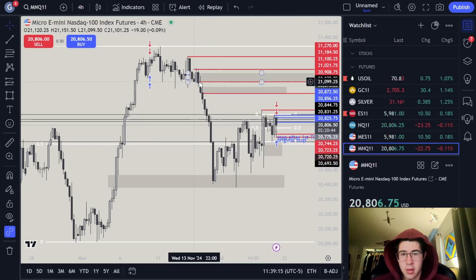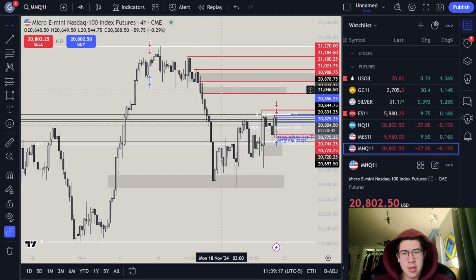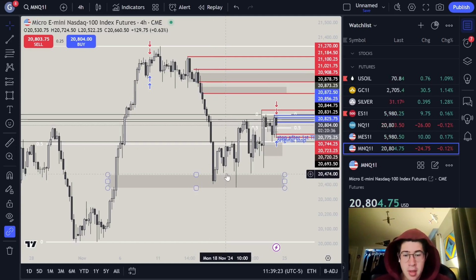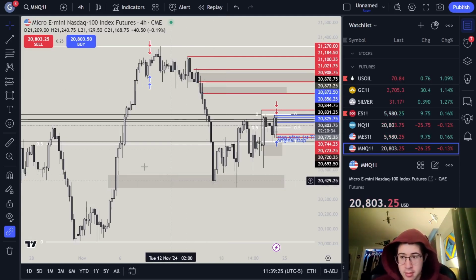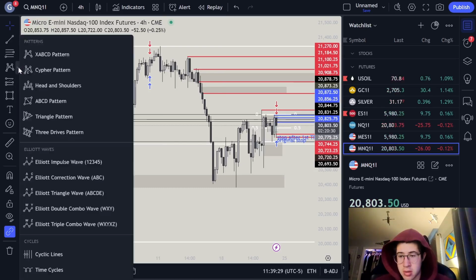I'm looking for probably going to come up either into this demand zone or this... Why do I keep saying demand zone, bro? What's a supply zone? Either this supply zone or this supply zone. But anyways, and then we see this imbalance filled, and we also see